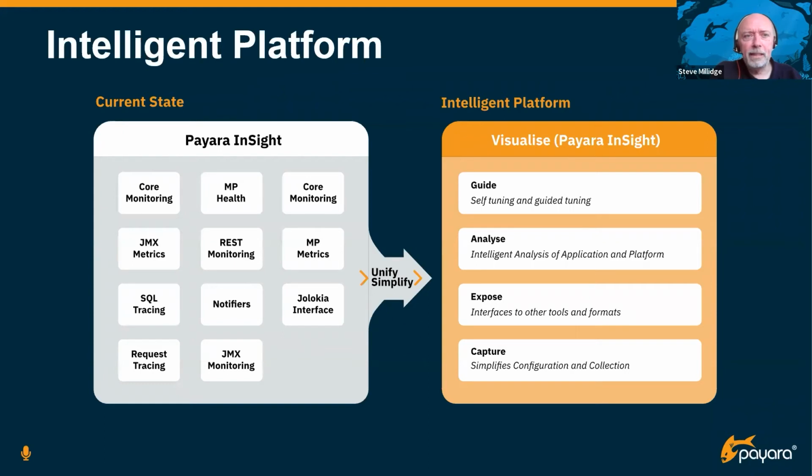Our goal really in the intelligent platform is to use what we have, but also bring it into a single coherent, unified, simplified infrastructure, so that as a Jakarta EE runtime, we can give you the information you need as a developer or an operator to tune your applications or tune your infrastructure. So we're splitting this into, first, we need to capture.